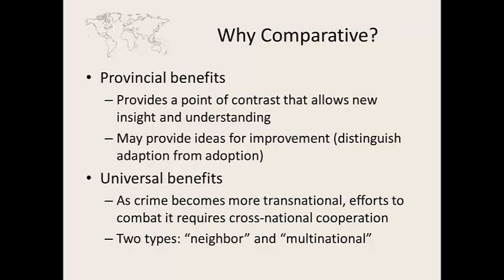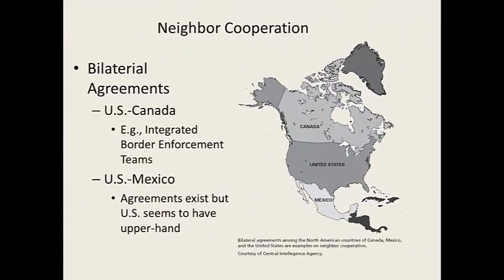Now, regarding those universal benefits, there are two types that are typically mentioned. Neighbor cooperation is the first of those two types. In this particular one, we highlight the area of bilateral agreements. And using the United States as an example, we have bilateral agreements, for example, with both our northern and our southern neighbors. In Canada, the long-standing agreements that we have basically with law enforcement and cooperation include various treaties and extradition agreements, mutual legal assistance